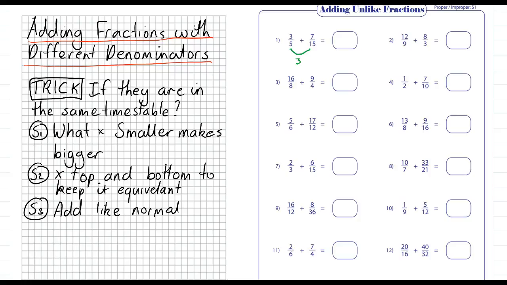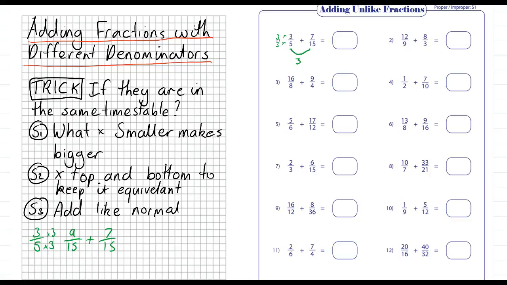Okay, so I times both those numbers by 3, times by 3, times by 3. And I get 9. Sorry, I'll do that down the bottom, just to give myself more space on the computer. So I get 9 over 15 plus 7 over 15. And the 9 over 15 comes from 3 over 5 times 3 times 3, which gives